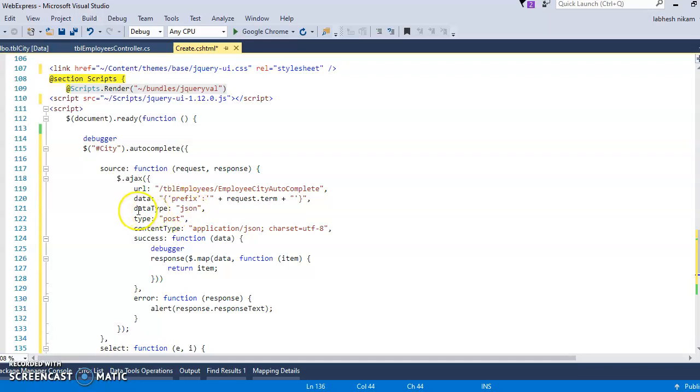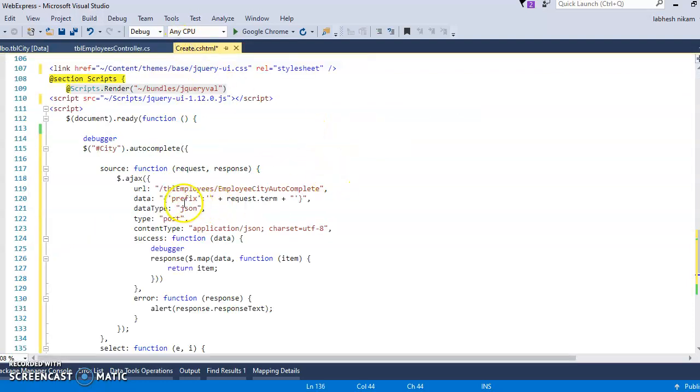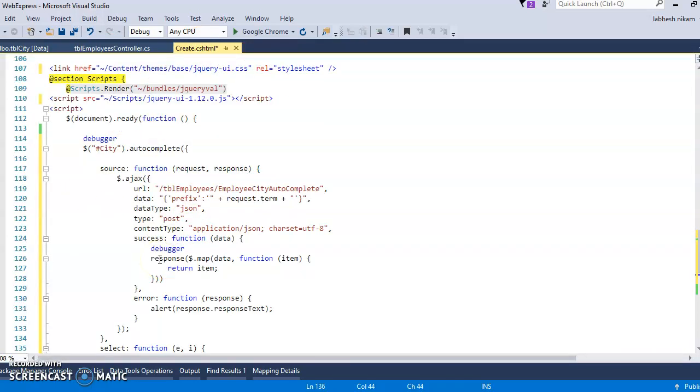Inside data you will pass the prefix, the parameter we passed in the controller method as the input character from the client side. From the view side it is request dot term. Data type is json, because we wrote JSON data, and content type is application/json; charset=utf-8.